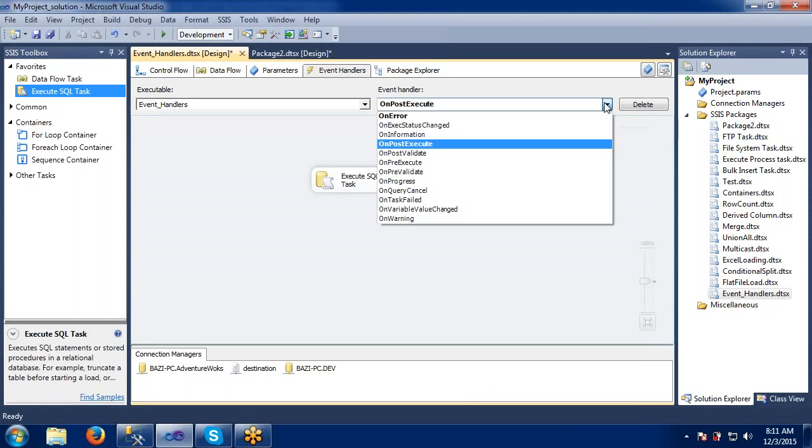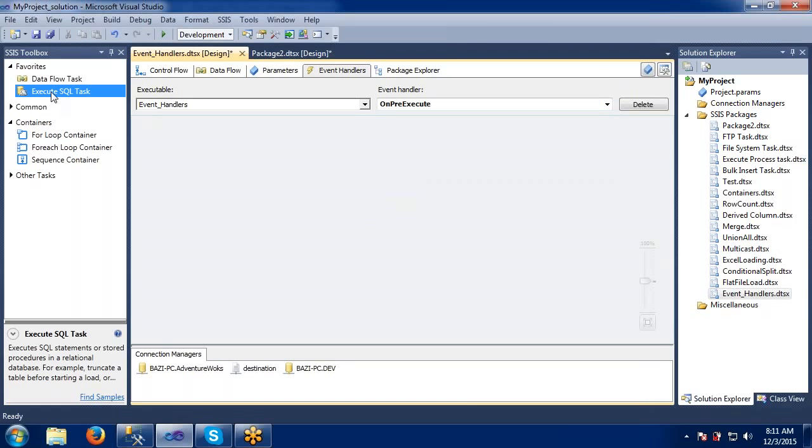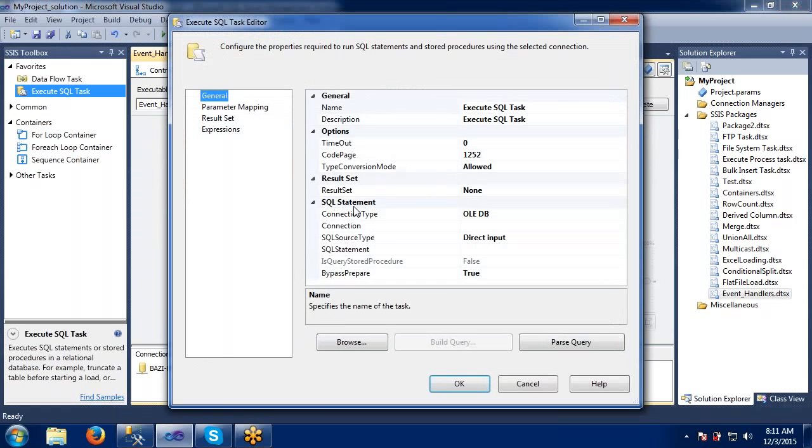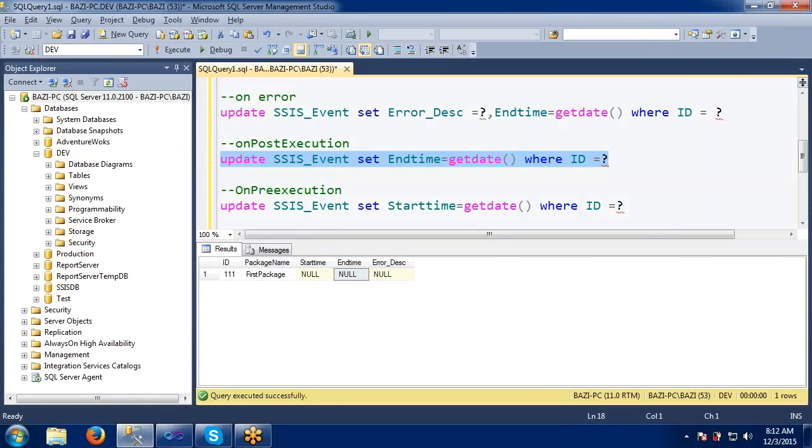Now on the pre-execution, see here on pre-execute, nothing was taken care of. Now we are going to handle it. What are we going to do? We are updating the time here. On pre-execution, I am just capturing this one.